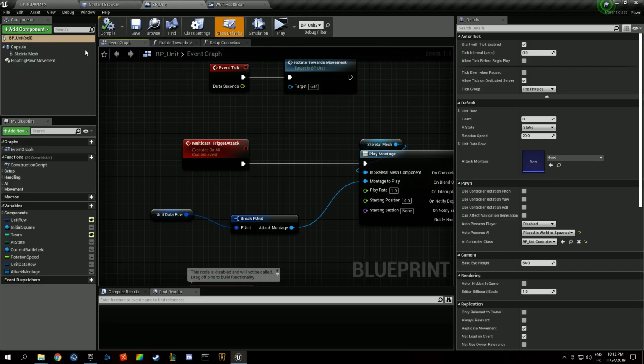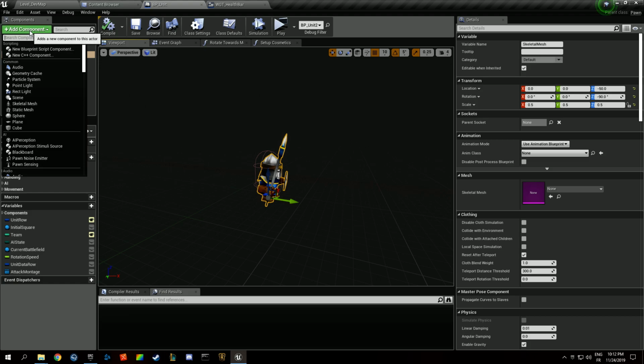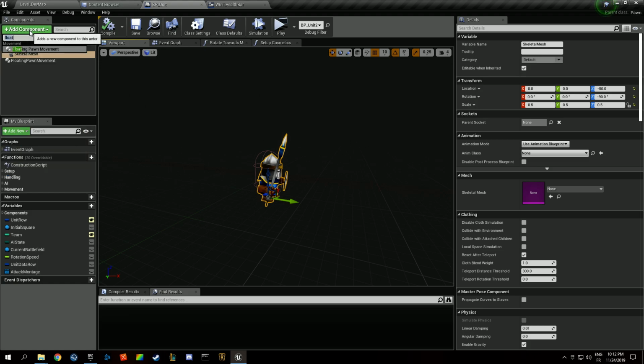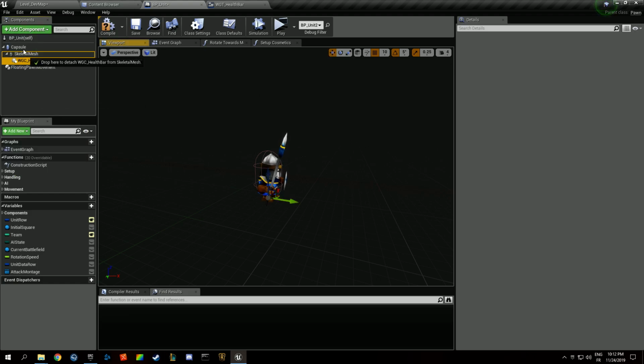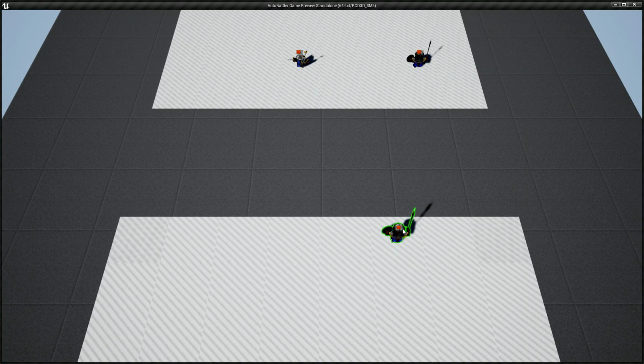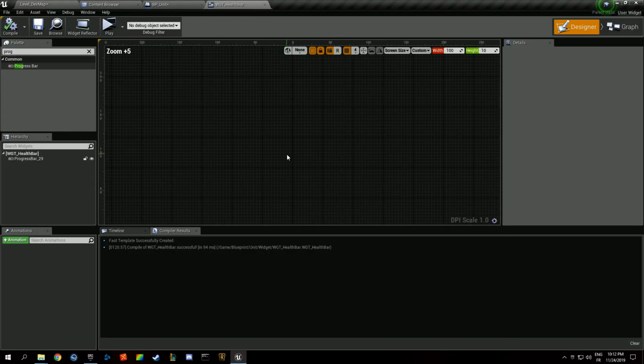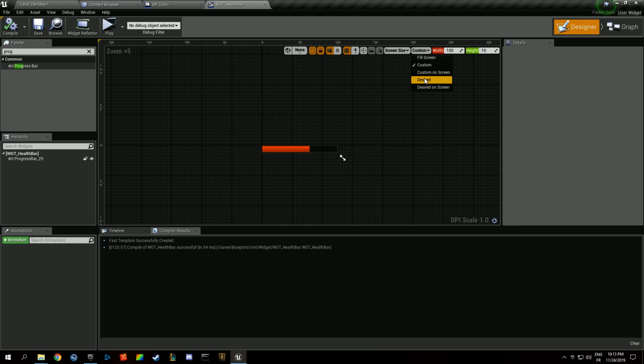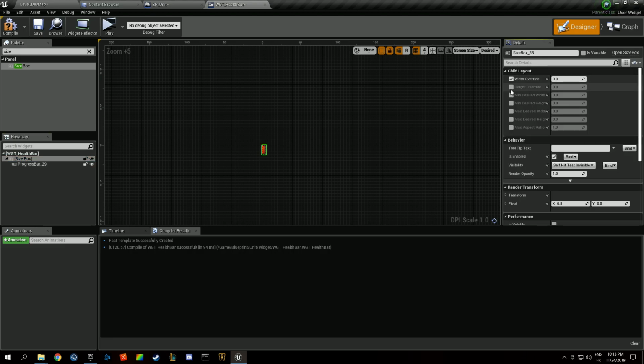What if we had the health bar in there? Health bar, attach, and we're going to put it there. If we hit play, we have some kind of health bar, but it's really thin because I think we need to put that in a size box if we want it to behave the way we want, and it's going to be like